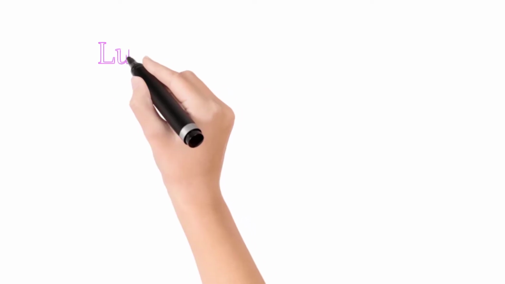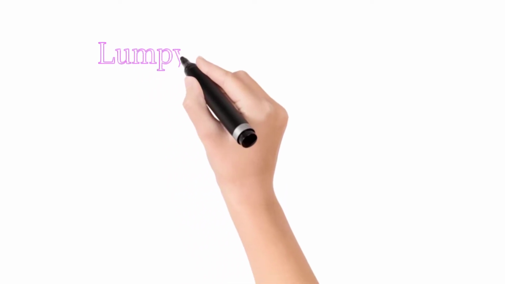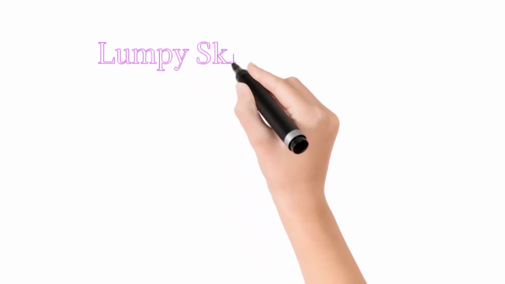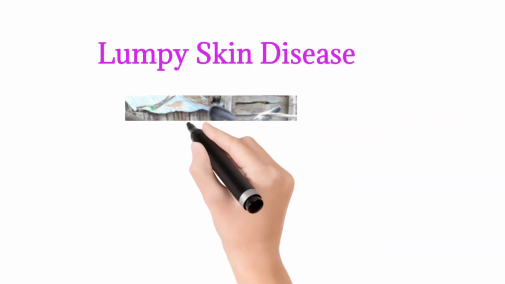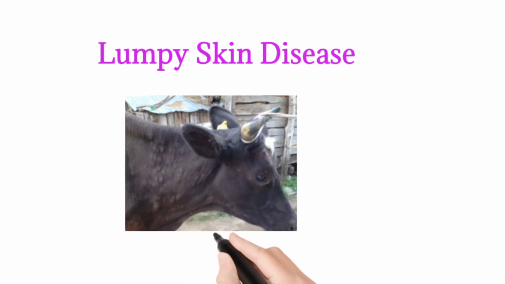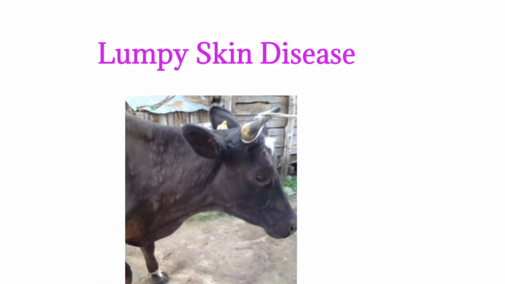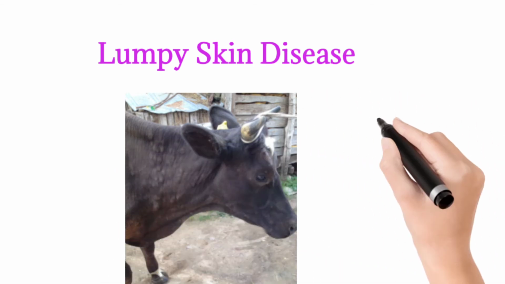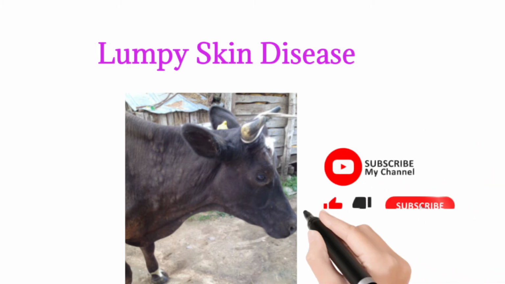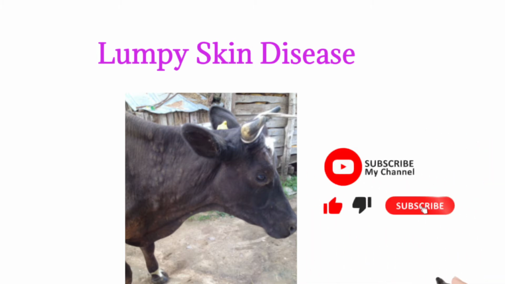Lumpy skin disease. Lumpy skin disease virus causes a severe disease in cattle characterized by nodules in the skin. Transmission of LSD occurs via insect vectors, and vaccination is the most effective means of control. During the past 5 years, lumpy skin disease has spread through the Middle East into Southeast Europe, the Caucasus, Southwest